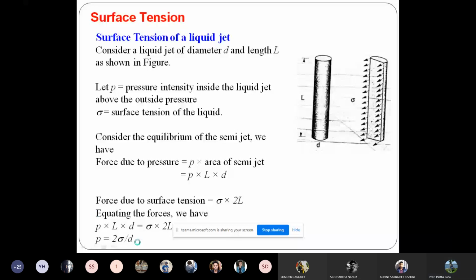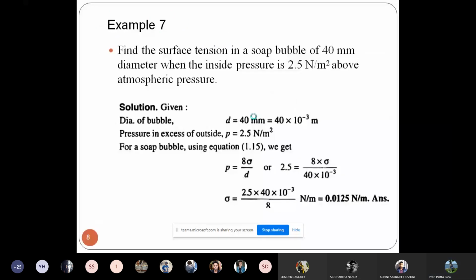I think I briefly explained the different expressions for surface tension at different geometrical shapes and when the liquid is flowing through it. So let's look into some practical examples. As I said, this particular course has a lot of numericals throughout the semester. So whenever I say something about any particular topic or any particular scientific formula, we better do some numericals and get it clear. The concept will be much more clear. So let's look into this problem.